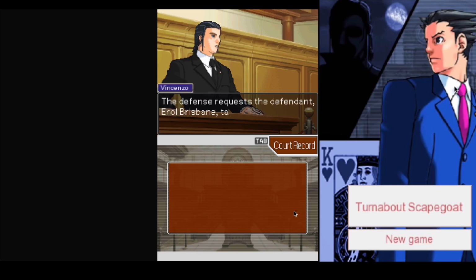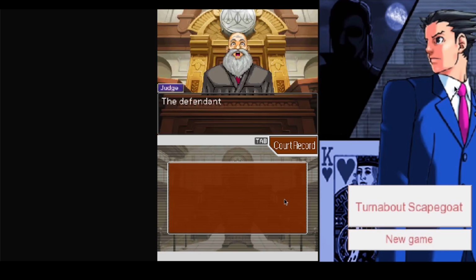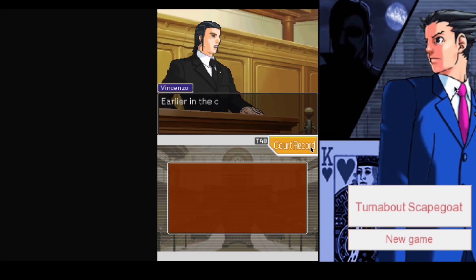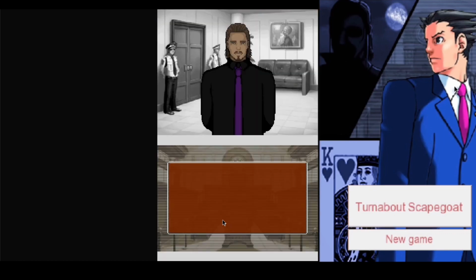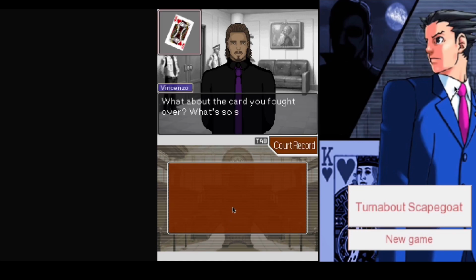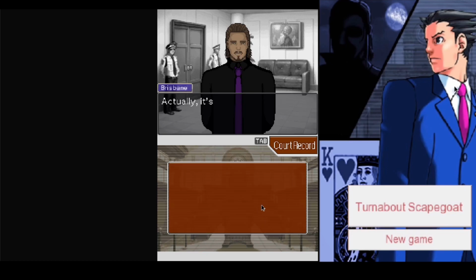The defense requests the defendant, Aurora Brisbane, take the stand. The defendant? But why? Early in the court lobby, Mr. Brisbane began to tell me something about the card. What about the card you follow? What's so special about it? That's what I asked Jack at the time of the crime. Actually, it's the reason why we met at Verglass Bridge in the first place. It was? Anyway, the card... It's made of a